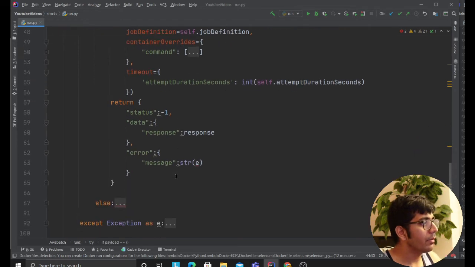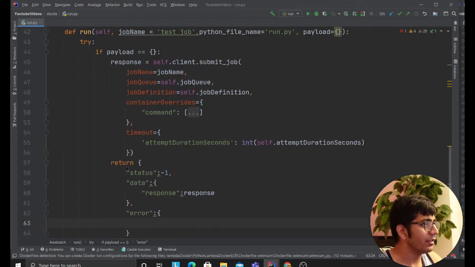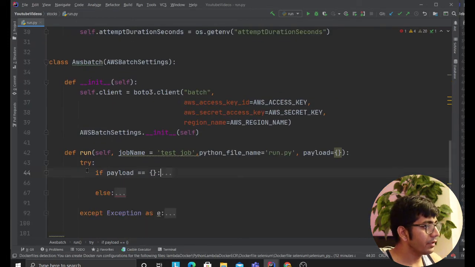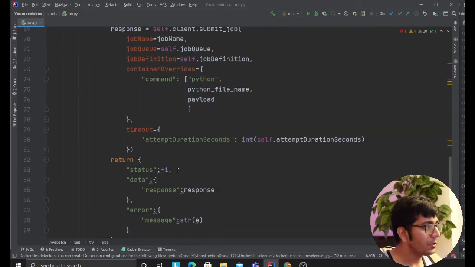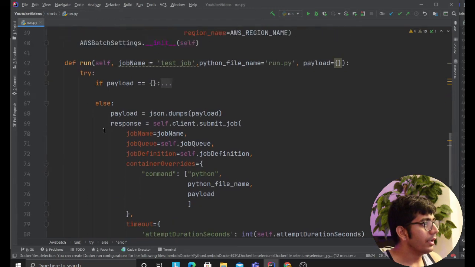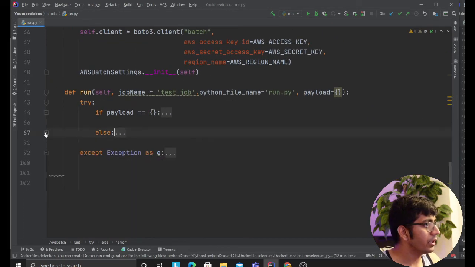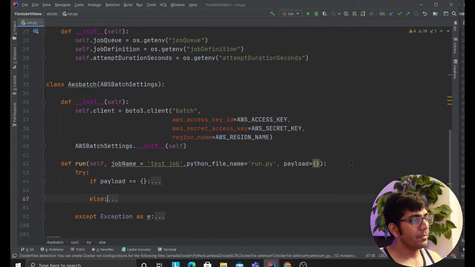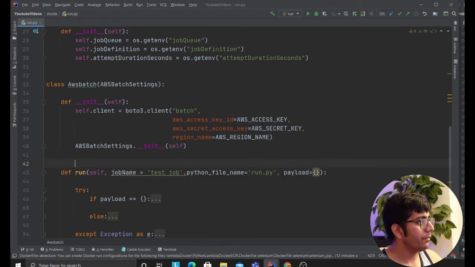Why is it giving me red lines here? Oh, because error is not there. Yeah, makes sense. That's good, so we fixed that part. Similarly, in the else part, there won't be an error, right? Yeah, it looks good, beautiful, pretty well written. That's exactly your batch function.